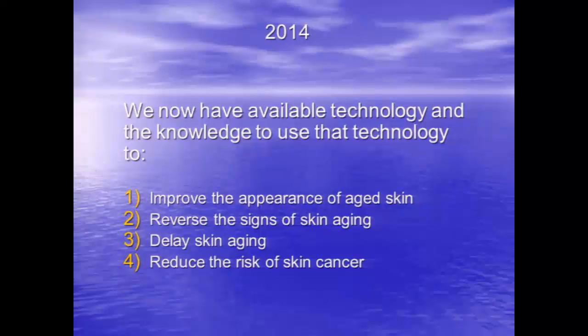So in 2014, we currently have the ability and the technology to be able to really make aged skin look younger and make it look better. We've got the ability to take aging changes in the skin and reverse those aging changes. But we also now have good science to support, and we've got the technology, that we can slow down skin aging, and we can possibly reduce the likelihood of skin cancer. We don't have the data yet to be able to tell our patients that these light treatments that I'll be talking about reduce the likelihood of getting skin cancer, but all the anecdotal evidence seems to be suggesting that one of the benefits of getting regular maintenance, broad spectrum light treatments is